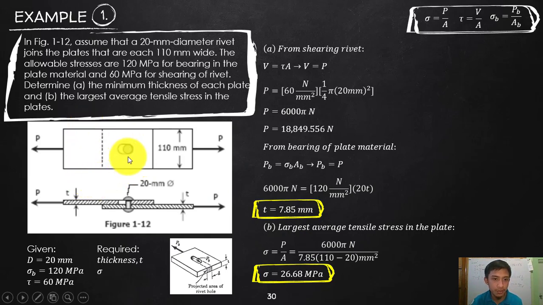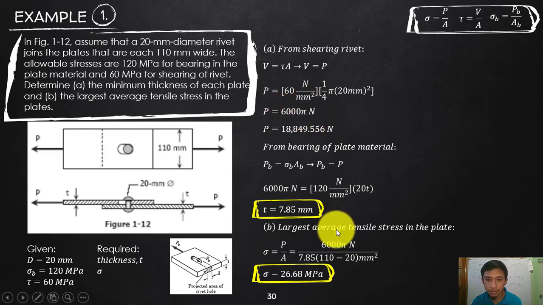We will subtract the area occupied by the rivets. So again, if I cut this one, that is a rectangle, but do not forget to subtract the projected area, that is for bearing stress. The remaining steel here on the sides will be experiencing a normal stress in the type of tension or tensile stress, because the force is tension. So what will be the area? The force P is the one we gathered on your bearing, that's why it's related. So force P is